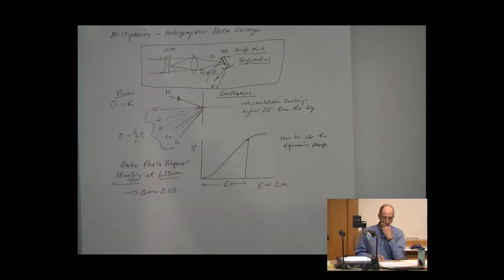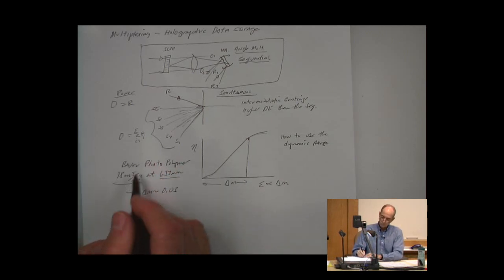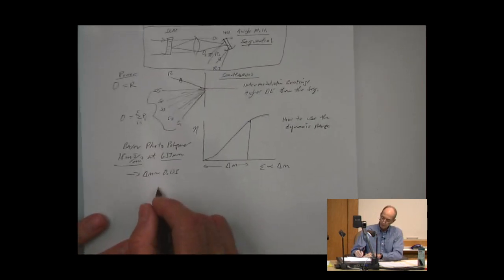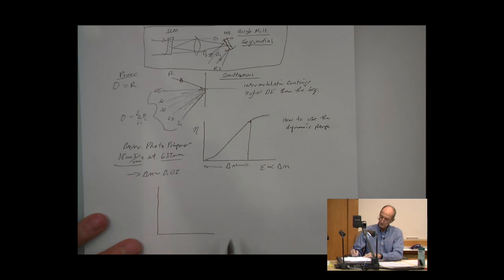So what you might say is, okay, we have 18, so we'll do 9 and 9. However, many materials, silver halide was notorious for this, but photopolymers as well,